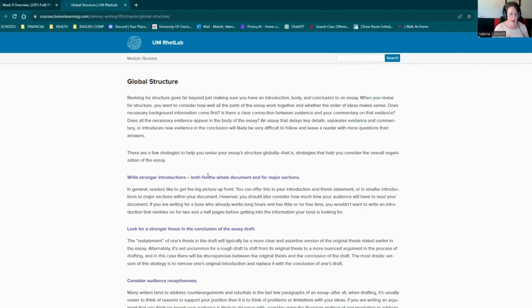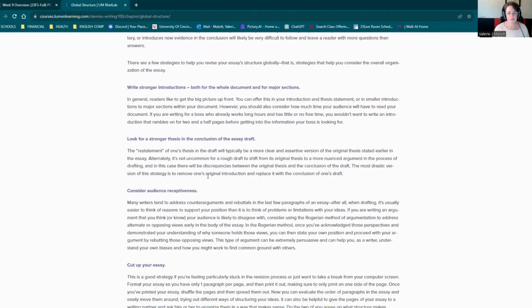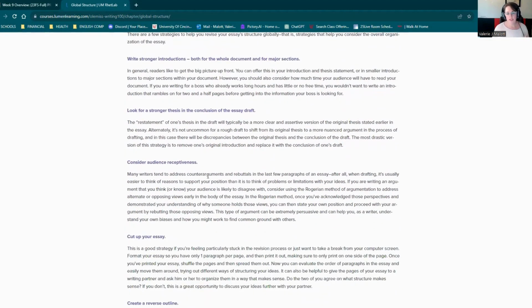So really thinking about how the various parts of your essay fit together and flow together and how you can go about revising. One suggestion is to write stronger introductions. Another is to look for a stronger thesis, maybe even in the conclusion of your essay draft, the restatement of your thesis. Also, you want to start thinking more about audience receptiveness, writing in a certain way so that your audience is better able to receive the message that you are putting out there. And then there are a couple of